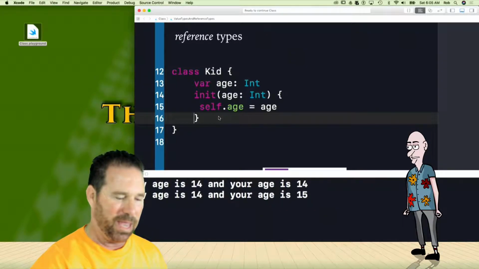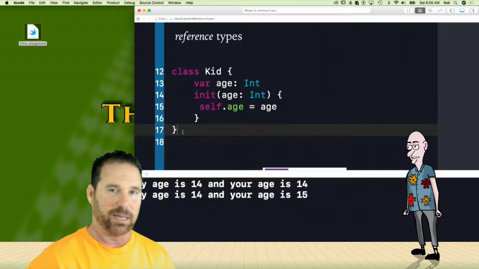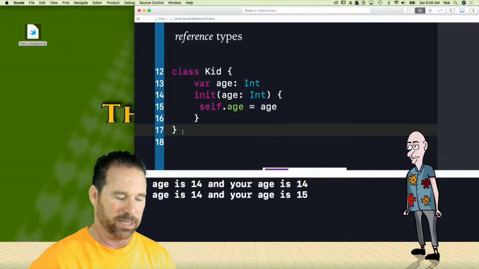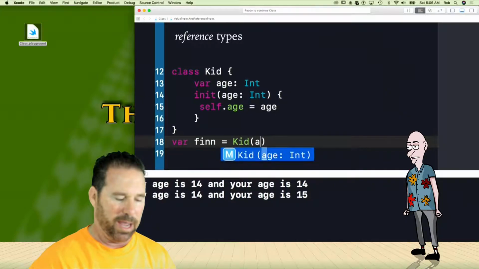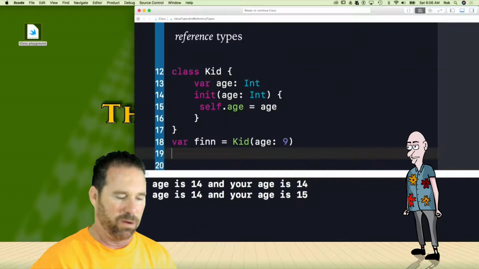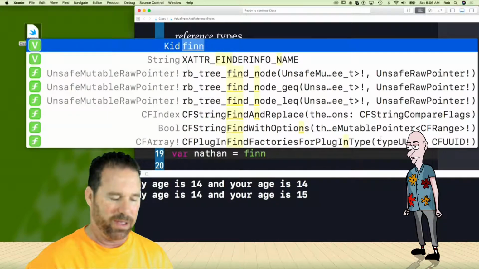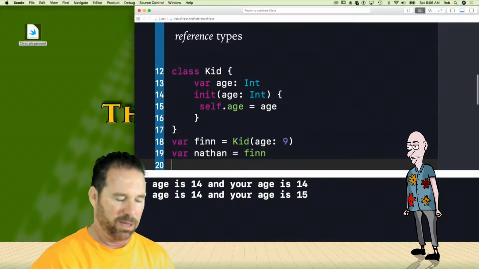All right, and now let's go ahead and instantiate this class and set two kids' ages and see how it differs from value types. So now I'm going to go var finn equals Kid, with age, let's say 9, just to show you a different way. And then let's go var nathan equals finn. So kind of the same type of situation we had before. And let's print something out so that we